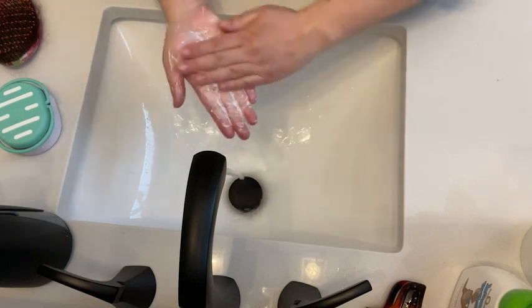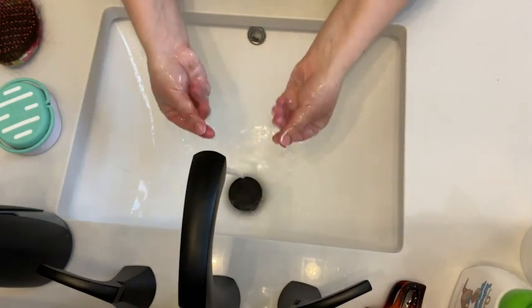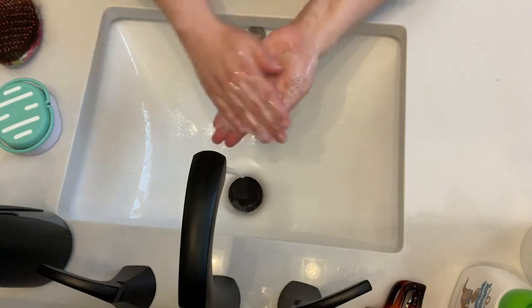One of my favorite things about this is that it's EWG Verified, so they rigorously choose their ingredients according to those standards, which is amazing because those standards are really high, so that's something you want for sure for your baby. I love all the certifications that this baby wash has, and that it doesn't irritate his